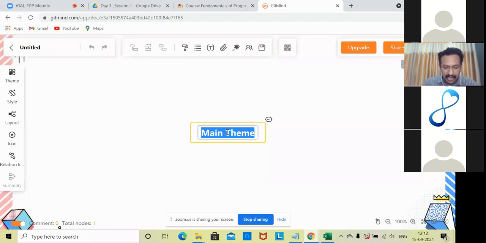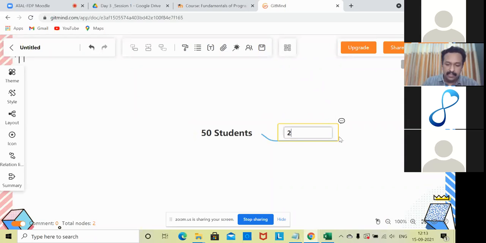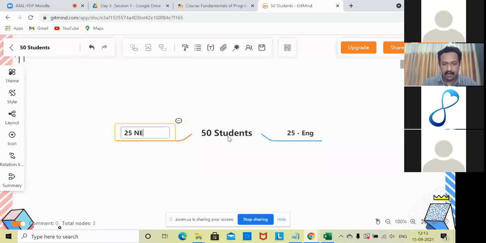So we have maybe 50 students. Of the 50 students, 25 are from the engineering category and another 25 are from the non-engineering category.